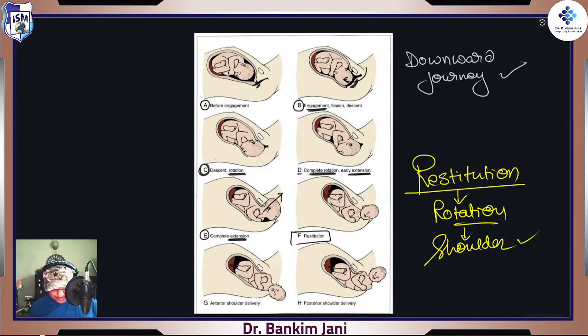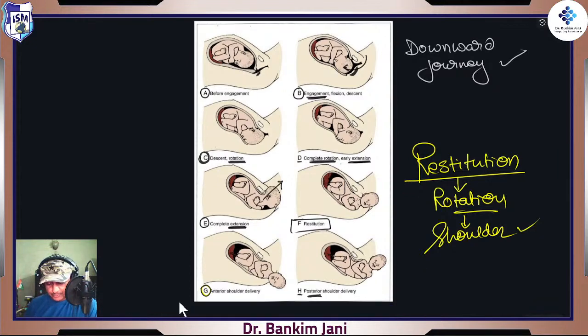Then there is anterior shoulder delivery, right? One shoulder has come out, and in the same way it keeps on rotating, and then the posterior shoulder, that is the other shoulder, also comes out. And then there is expulsion, right? So all those